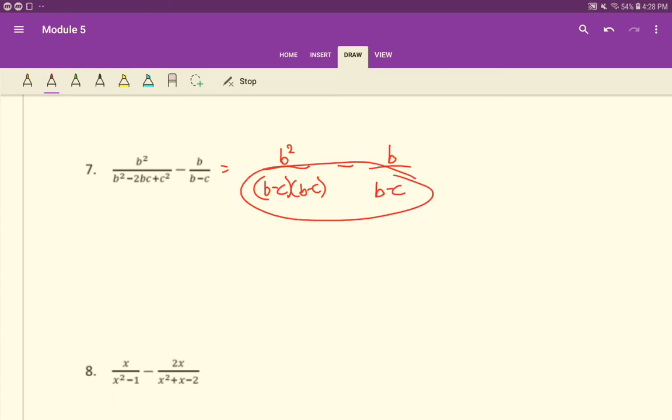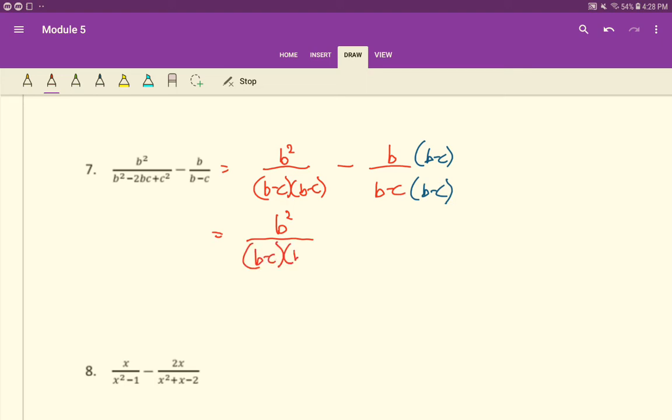So again, look at your denominators here. What do we need to get a common denominator? We're going to multiply the top and bottom over here by another b minus c. So then now we'll have b minus c squared here and here. So we'll have b squared minus, distribute the b, b squared minus bc over b minus c